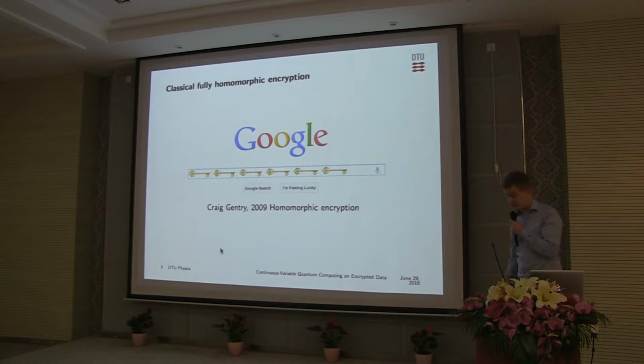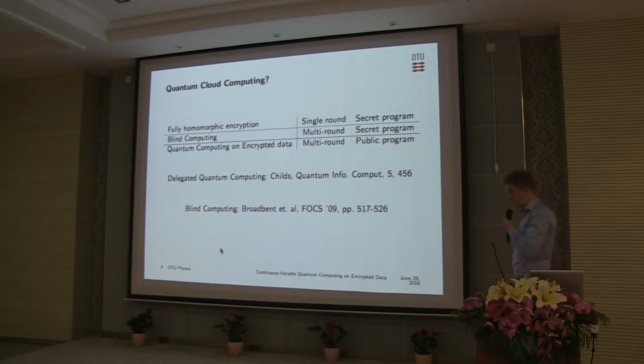There was a very nice result from 2009 that we already heard about for homomorphic encryption in the classical sense, where you will in principle be able to do Google searching on encrypted server terms, for example. If we extend this to the quantum realm, we heard that fully homomorphic encryption in the quantum sense is a complicated issue and that not much is known about it. Certainly not in the continuous variable sense, maybe in the DV sense, I don't know too much about that.